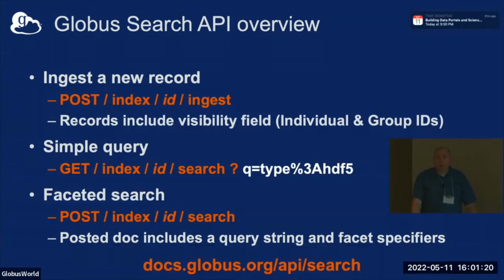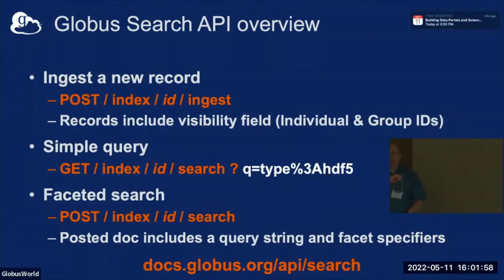All the records basically that have HDF5 as a type in them. If you want faceted search, and you want to be able to not just do a query, but also do a query and then show me all the facets for that, you would do a POST request again. And in the document that you post, you have to say, first of all, here's my query, and also here are the facets that I want you to return for me. In addition to just giving me all the hits, I want maybe